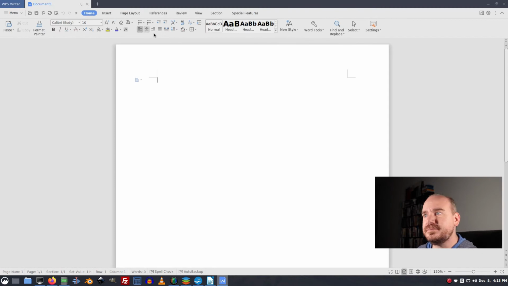So again, this is something to consider. WPS Office has alternatives to Excel and PowerPoint as well. So definitely would be one to download, play around with, consider as your go-to Office suite. There you go. So that brings us to the last one in our list, and that is